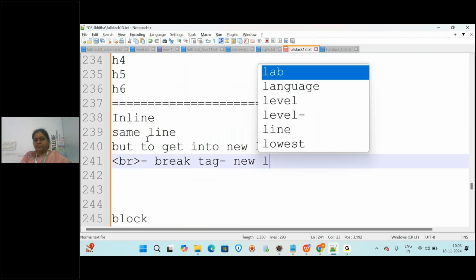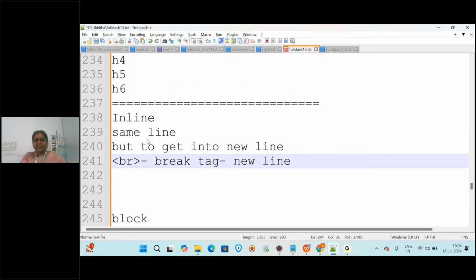I said in the beginning, almost all tags in HTML have opening and closing, but there are a few tags that do not have closing. A single tag will work as open and close. Such a tag is called the break tag. The break tag does not have a separate closing tag. This itself is used for opening and closing.